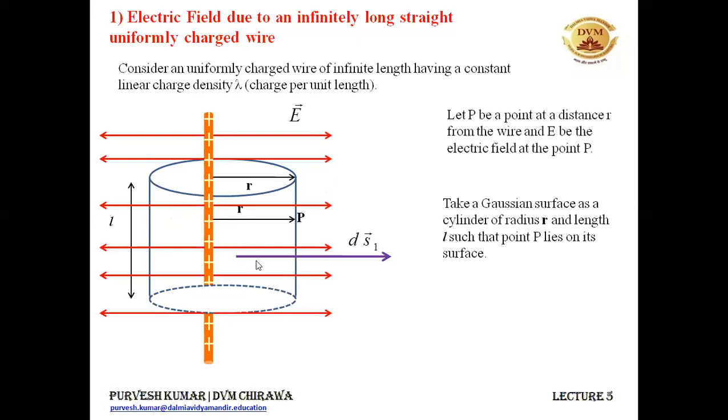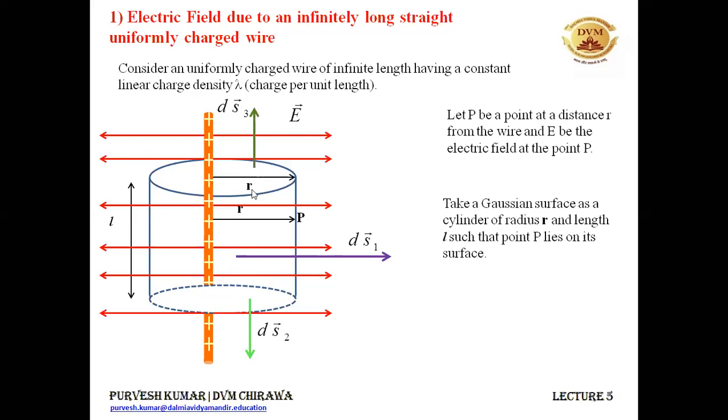This is my area vector from the curved surface area. It is ds1 and it will always be perpendicular to the surface. So this is my surface. It is coming out of the surface. All right. So this is the direction. ds1 is the direction of the small area vector from the curved surface area of the cylinder. Similarly, ds2 is the direction from the bottom surface area. It will be perpendicular to the surface. All right. And ds3 is the area vector from the third surface, that is the top surface of the cylinder.